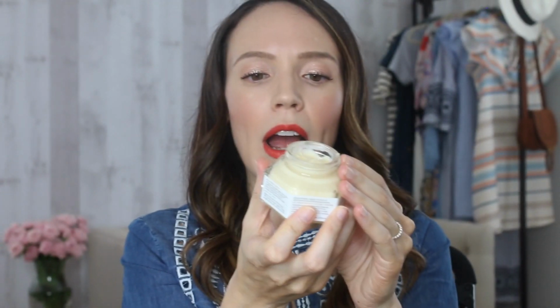Now, I read that this was supposed to be more for day. It's got triple hyaluronic acid, their echinacea, Green Envy honey that they're known for, and honey. And it's supposed to be very rich and really help to hold moisture in the skin throughout the day. This, surprisingly, was a little too rich for me during the day. And even though my skin is kind of dry, I felt it was...